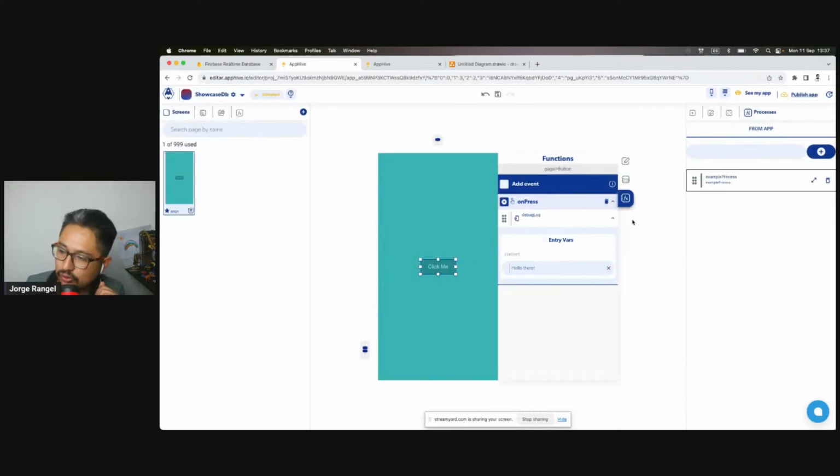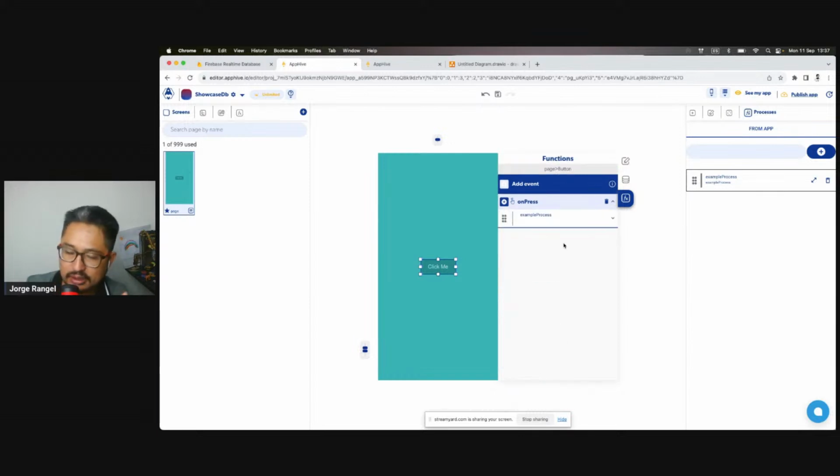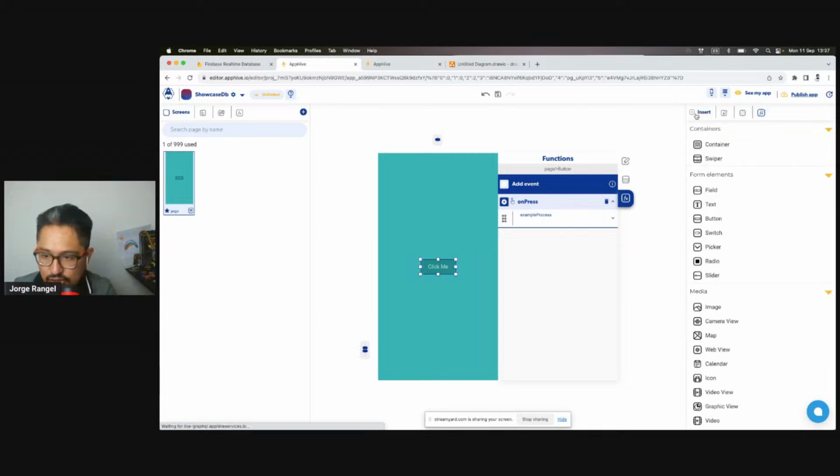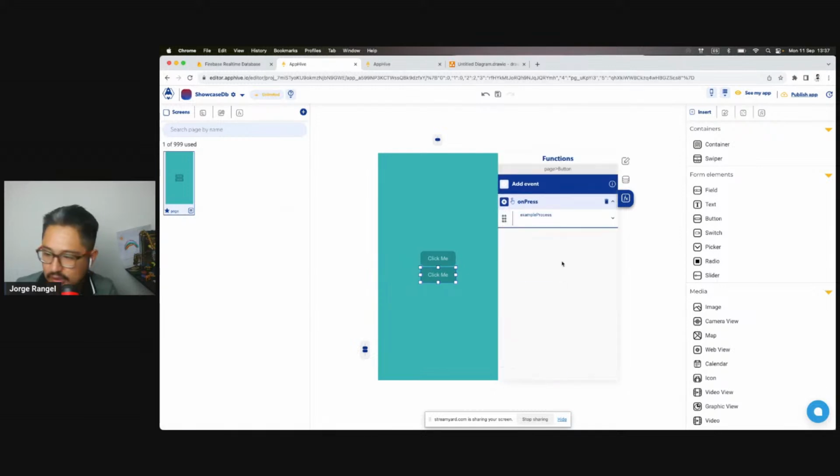function. To make sure that this is correct, let's remove the original function from here and let's call the app process like that. What is different from this one to the other one that I did when I call directly the debug log is that now I have a function that is going to be shared between other parts of my application. For example, I can put another button, and in this button I can call exactly the same function from here. Yeah. And if I make changes to this function, they are going to be reflected in this and